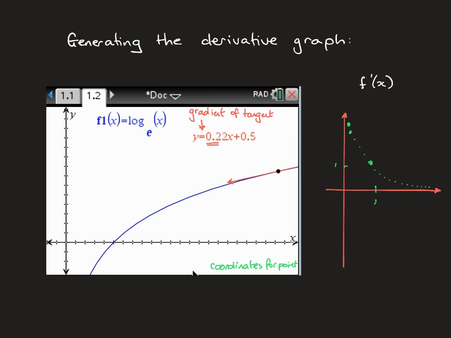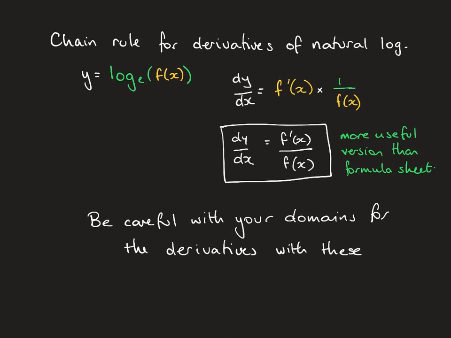And so what we're generating is the right-hand branch of the derivative, where x is greater than 0, and it's the greater than 0 section of the hyperbola that you get as your derivative. So definitely the derivative of a log function is part of a hyperbola, but I find that actually using the